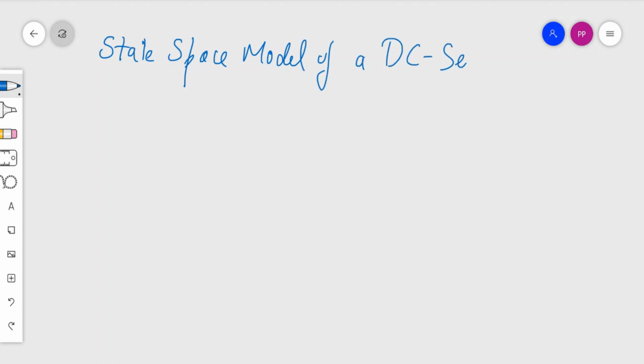So let me write the heading: state space model of a DC servo. In the previous class we studied that if we have a state space model like x dot equals Ax plus Br, I'm dropping the independent variable t for ease of presentation, y equals Cx plus Dr,